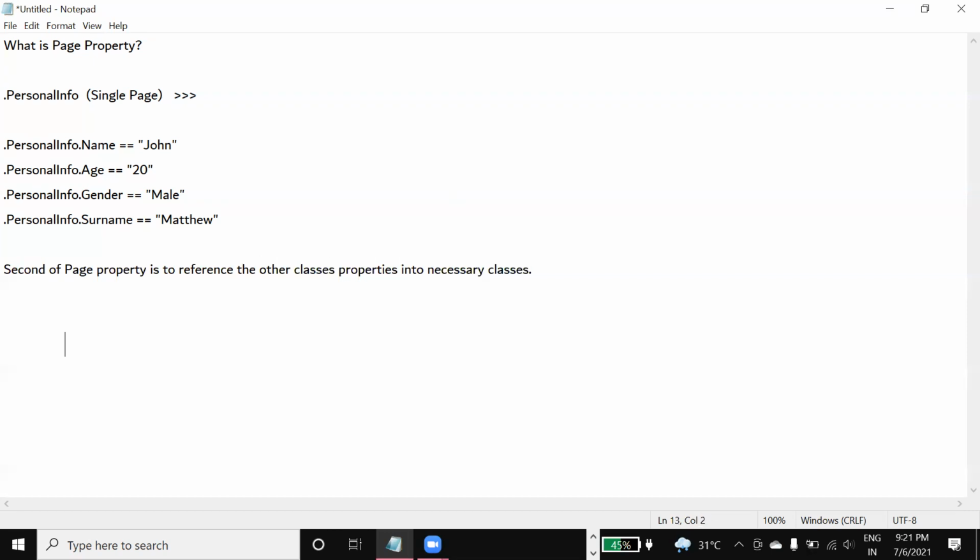Let's say I have some properties in a class, SCB-Data-CitizenDetails. In this class I have the Name property, the Age property, the Gender property, and Surname.